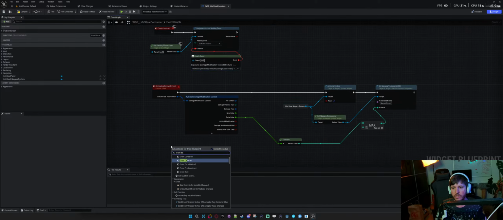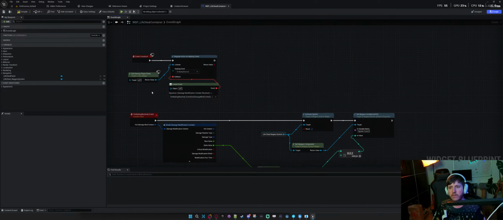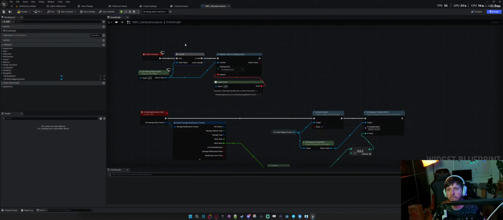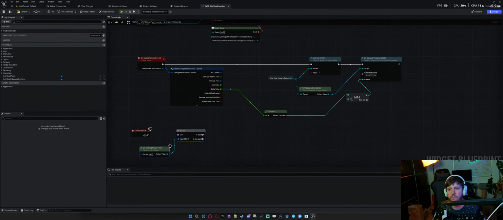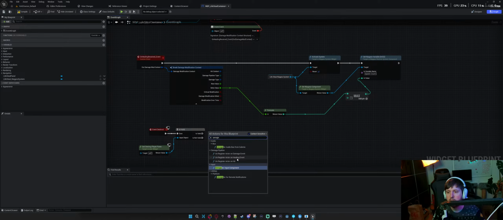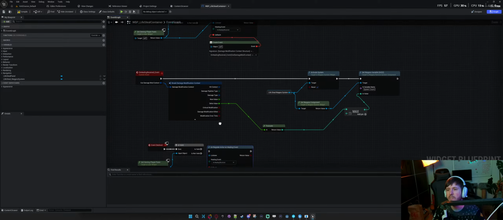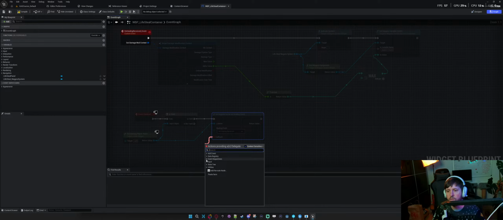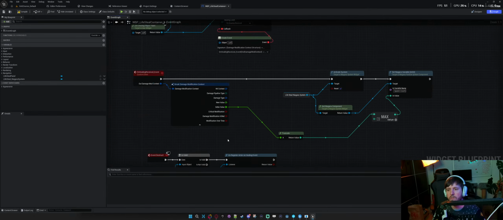Now there should be event destruct, and as always we should make sure there is valid. No. Unregister on healing event, so on healing received. So it should recognize that signature. Good. Okay.